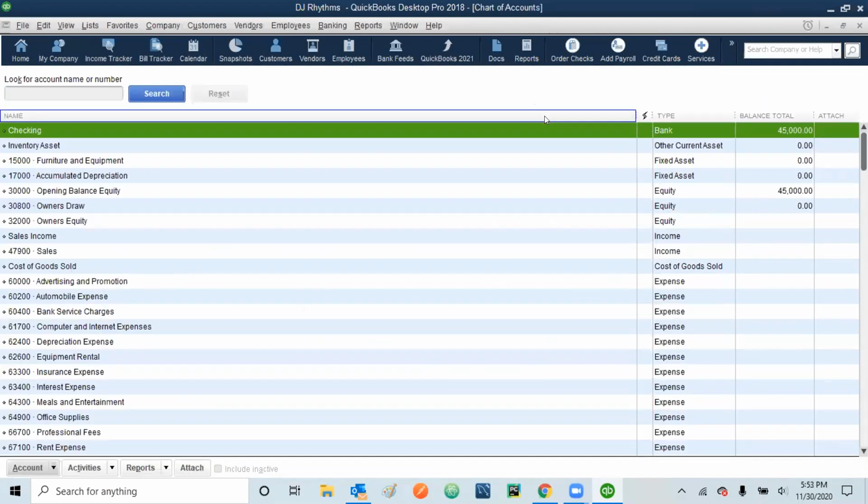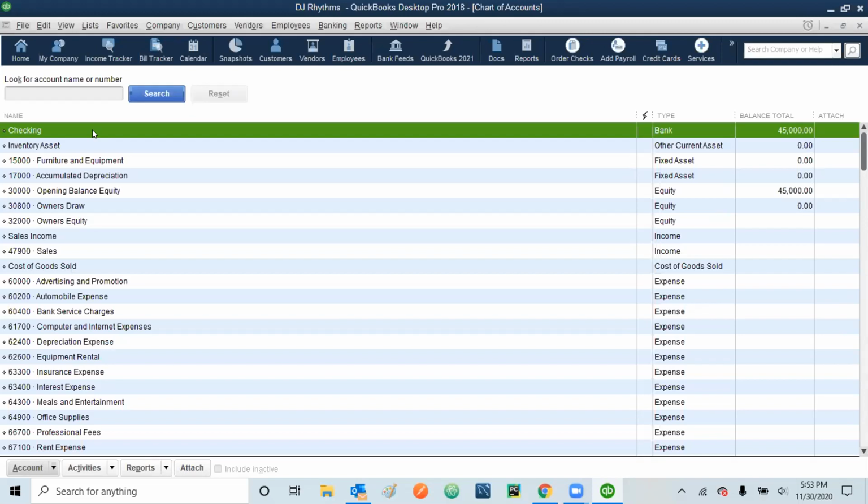Once we created the account numbers, it created some of the numbers here, but some of the items we created manually. For those, the system doesn't know what type of item it is. It knows that it is income or an asset, but it asks us to create those items ourselves. So we created one checking account, and for that checking account, we are trying to give it a number.